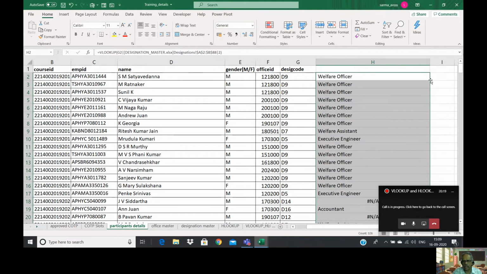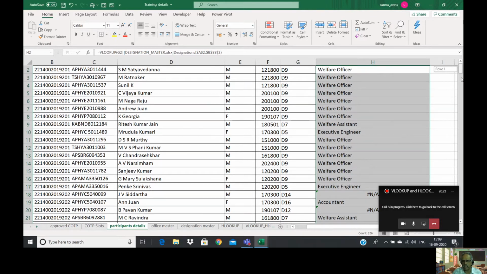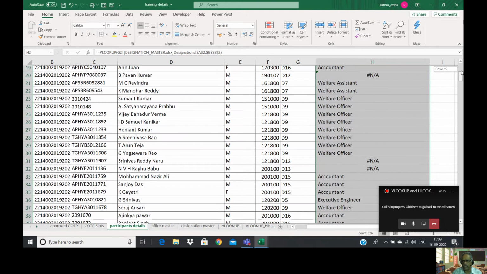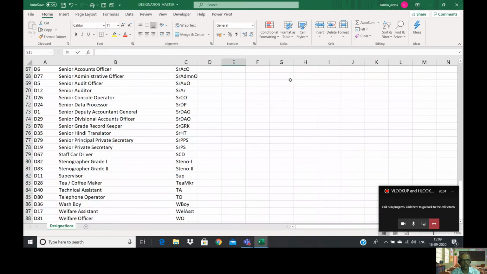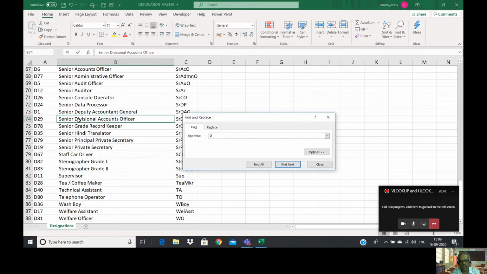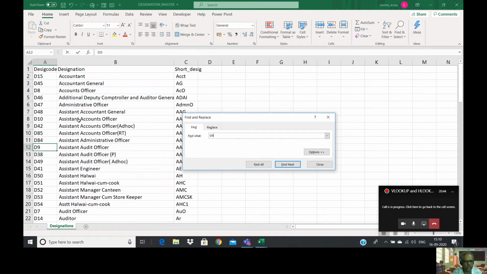Whether it is correct or not, we don't know. Of course, for some records the value was not picked up properly. Again, that means there is some error. Okay, what is that error? First of all, whether welfare officer is correct or not for D9, let us check. Come to this and you locate what is the D9. Maybe Control F, D9.